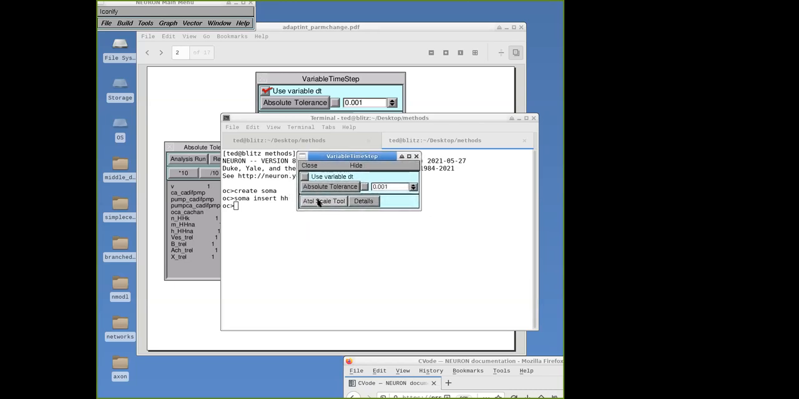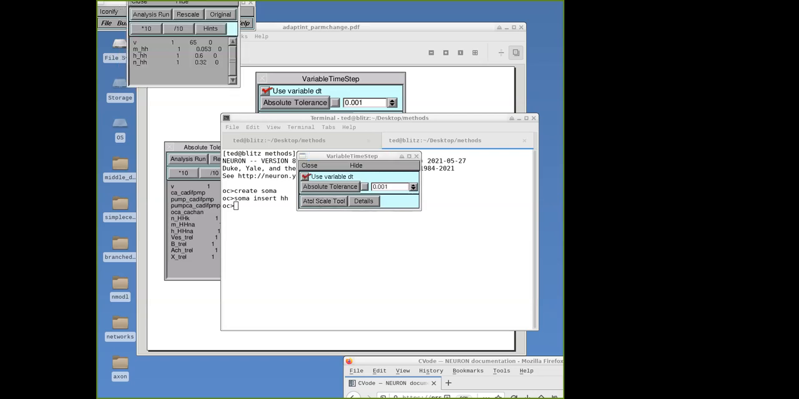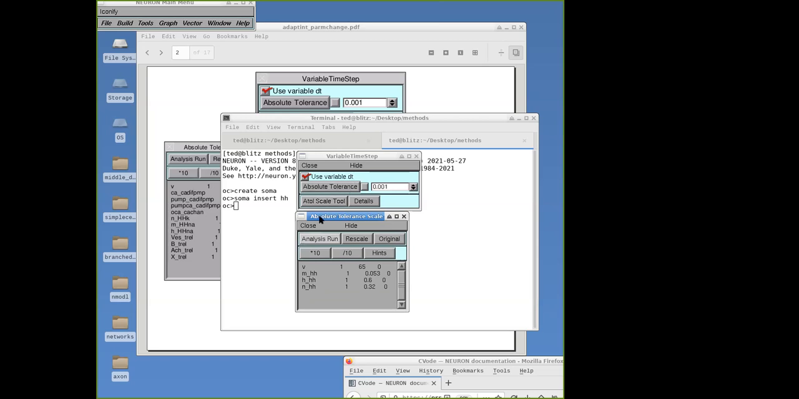And I'm going to click on the ATOL scale tool button. And there is my panel with the ATOL scales. Okay, and I see that everything starts out with a scale factor of 1, but we know that membrane potential is special. It starts out at -65 for Hodgkin-Huxley, goes all the way up to maybe +40, and can go back down to -65. That is a huge range of potentials, but m, h, and n are always between 0 and 1. So we have a suspicion that we're going to have to do something special for those,